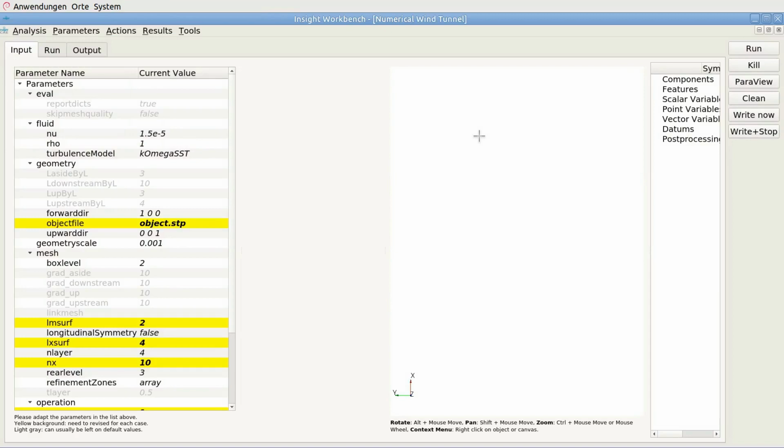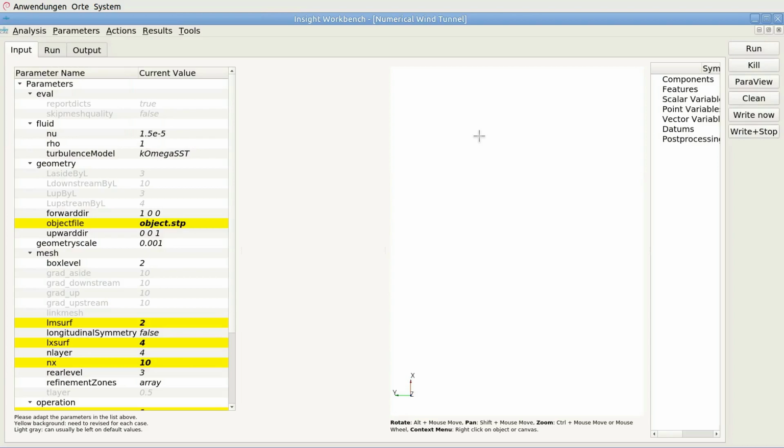On the left side there is a tree with the available parameters. Normally not all parameters have to be changed. However, some must always be adapted or at least checked because they are problem-specific. These are highlighted in yellow. The parameters that rarely need to be changed are shown in gray. A 3D graphics window is located on the right side of the form. There the geometric elements of the simulation are displayed so that you can check the correctness of the parameters whose